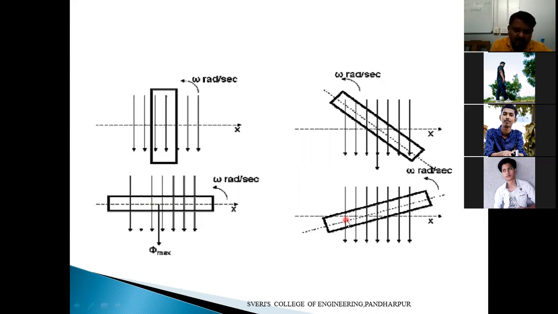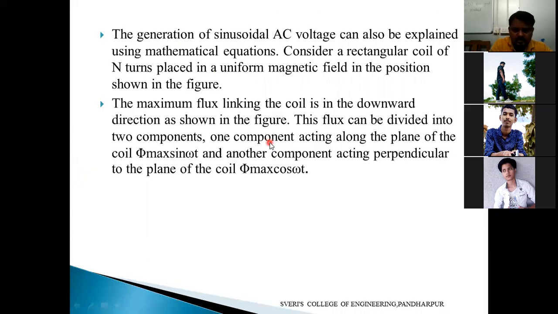Next, again it is going to turn some angles in the anti-clockwise direction. So flux linkage will decrease, the EMF induced will decrease, and after some 45 degrees it will come back to 0, at 180 degree it will come back, and again for 180 to 270, and 270 to 360 degree, like that it is going to repeat. See, this downside direction, these are the flux lines. Whatever this flat is there, this is a single turn coil we are going to consider here.